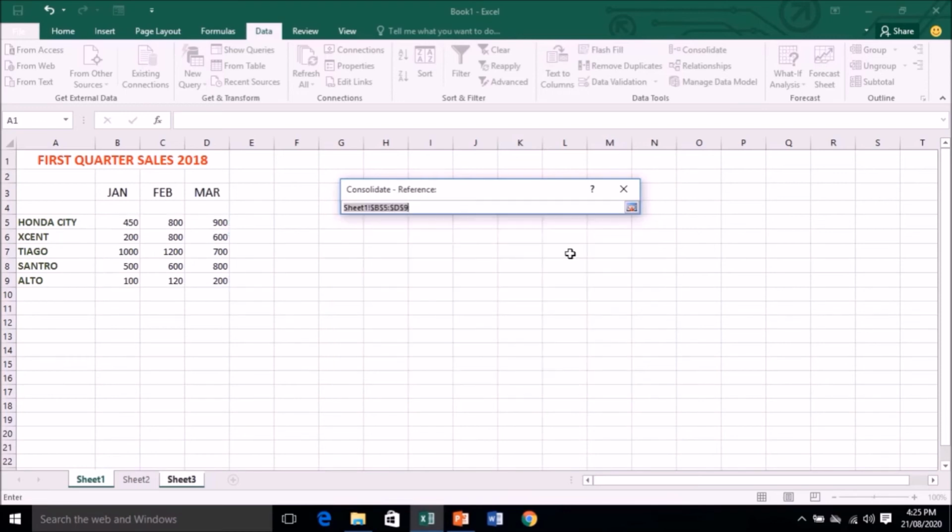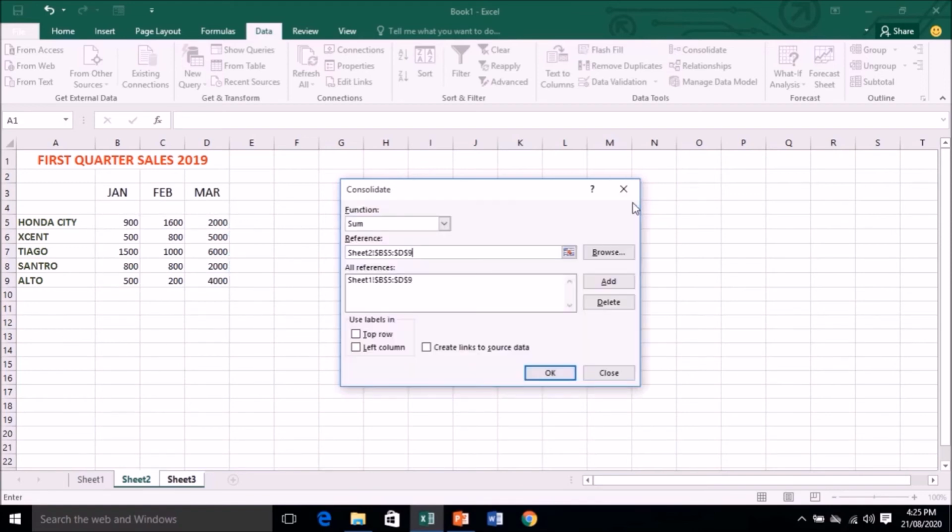We'll go for the next reference, that is for sheet 2 will go now. Again we will select from B5 to D9. Yes, it has been selected. Now we'll go for add button. So it has been added down in all reference. Now you can see sheet 1 is also added, and data from sheet 2 is also added.